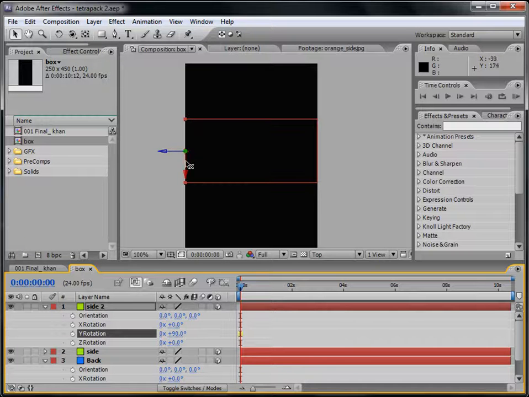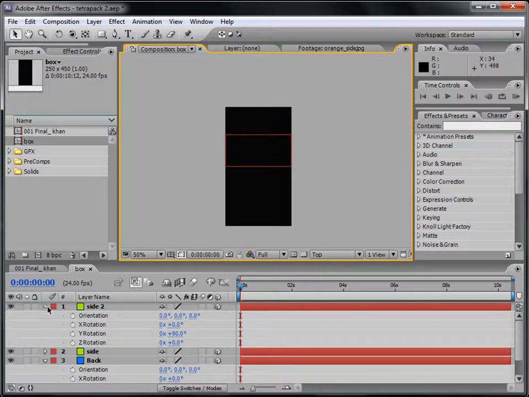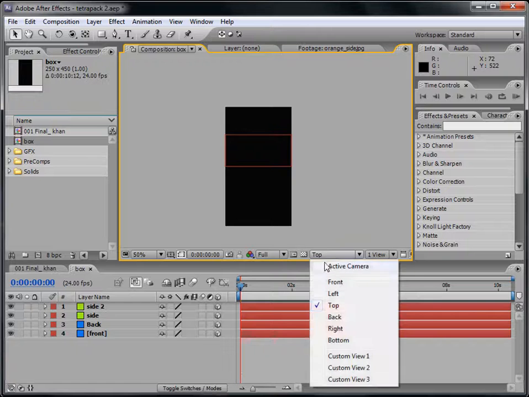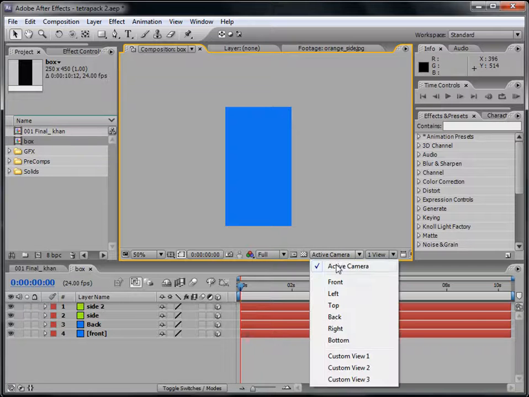The blue arrow is pointing outwards. I hope you are following. It's not difficult. We just created a box. This is our front, this is our back, this is side 1, this is side 2. That's it. Box created. Now if we go back to our active camera,